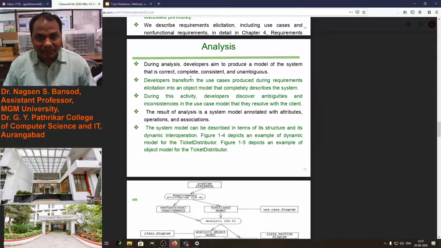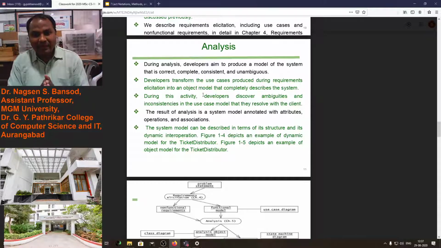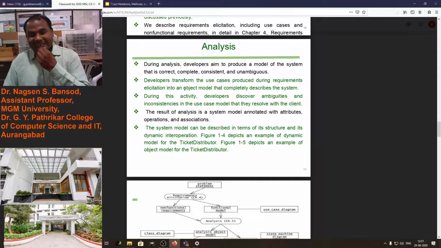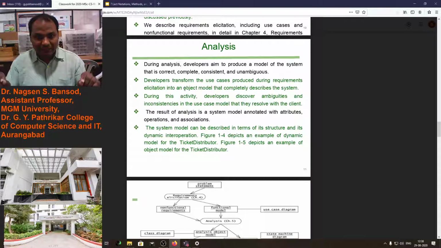During the analysis, the developer aims to produce a model of the system that is correct, complete, consistent, and unambiguous. On paper, the developer wants to produce the model of how it will work, correctly showing how the software will be.